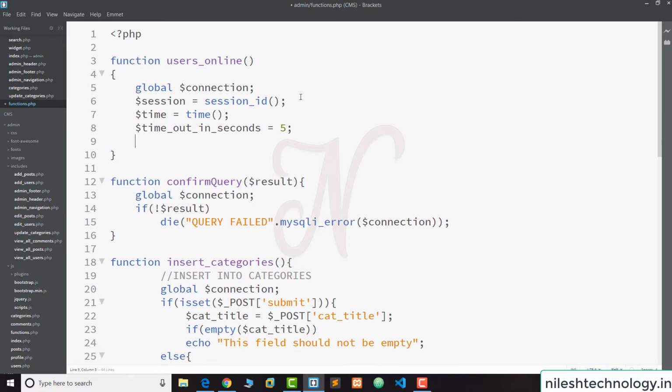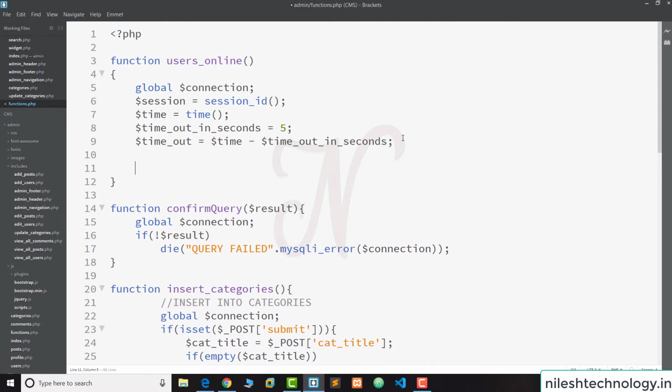Then timeout is equal to the current time minus time_out_in_seconds, and this new timeout time is stored in the timeout variable.